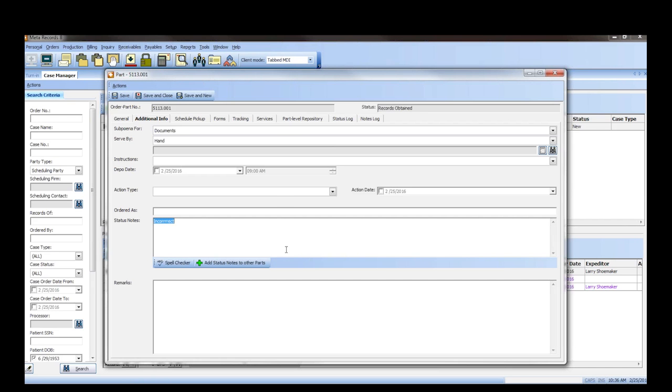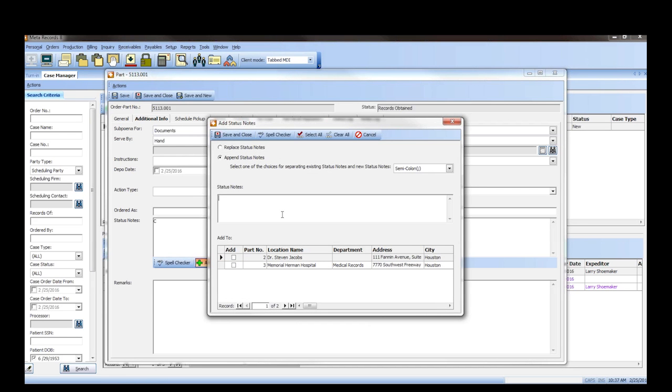Now notice to the right of that button, there's also an Add Status Notes to Other Parts option. If you click that option, you can enter a single note in the Status Notes section. And down below, you'll see all the other parts for that case.